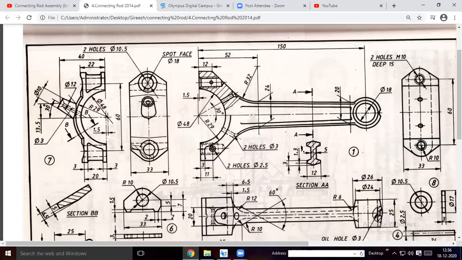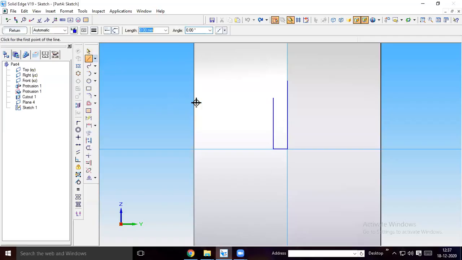Because here you see, the total is 24. Neglect 3 mm on either side. It will be 24 minus 3 minus 3. It will be 18 mm. From here to here 18 mm. So this point will come somewhere here. From that point, you draw this 3.5 mm line, then 1.7 mm, then you connect to here. So from here, I draw a 3.5 mm line at 180, then a 1.7 mm line at 90, then joined here.